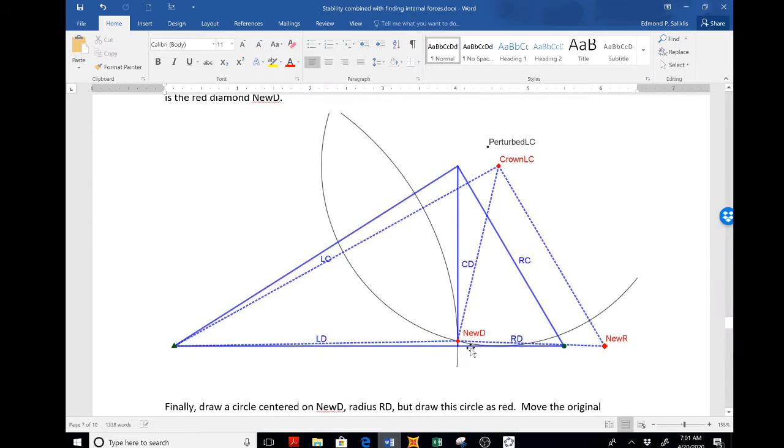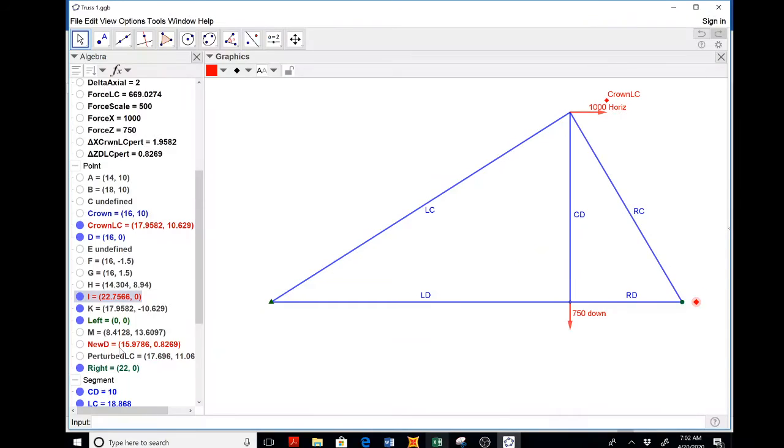The next step then is to make two more circles. The first circle is centered on crown LC, and its radius is CD, that vertical member. It's going from the crown to D, and that radius does not change. It's CD. And then the second radius is LD. That's, of course, centered at the left edge. Where those two circles intersect, that's new D. But once again, I don't know where new D exactly is yet because it depends on where I put the